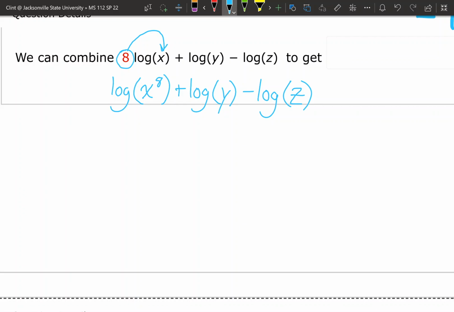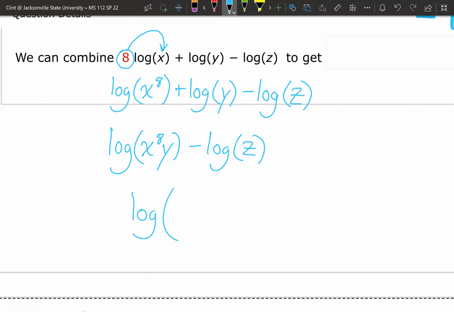We've got a plus sign here, so we can combine these two, and it'll be multiplication inside, because it was plus. So this will be log of x to the 8th times y minus log of z. And then now we've got subtraction. That means we can combine these, and this will be the top divided by this, like a fraction. So we have log of x to the 8y over